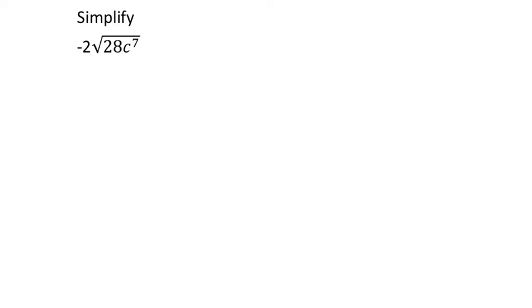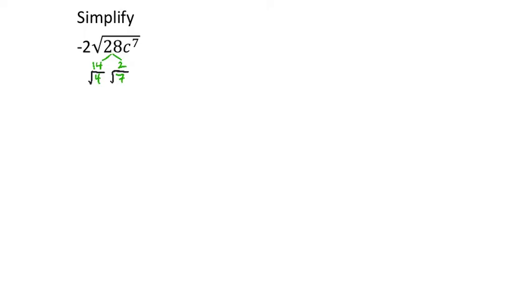Okay, well, this one, similar idea. We're looking at 28. Let's look at all the factor pairs again. Maybe they'll work, maybe they won't. So I'm looking at 14 times 2. Again, neither of those are perfect squares. You could use 4 and 7, and that's all I can think of right there. Do we have a perfect square? Sure we do. We've got 4, which means we're also going to have to use that square root of 7,